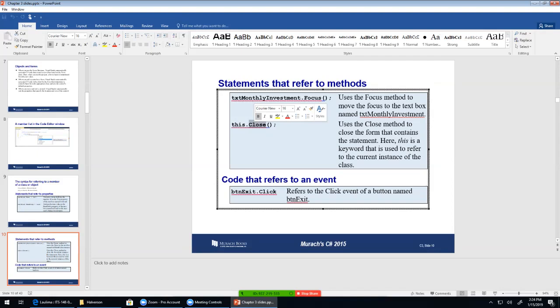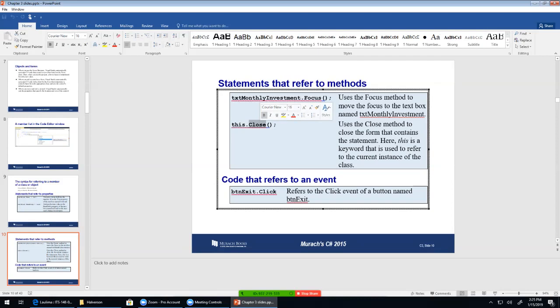This here is the Close method. This word "this" is a keyword which refers to the current instance of the class. So this refers to the object that executes it. You know all this already. I'm just explaining it in the terminology that's used in this textbook. And for you folks in this class studying this chapter, it's more about refreshing our memories on the actual terminology of all these things, because you certainly have already written code